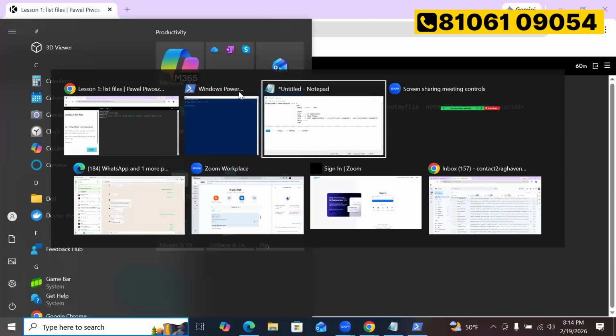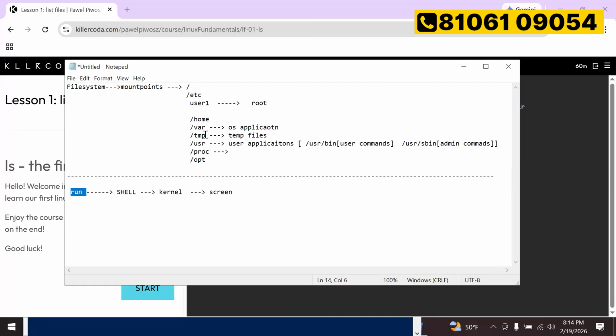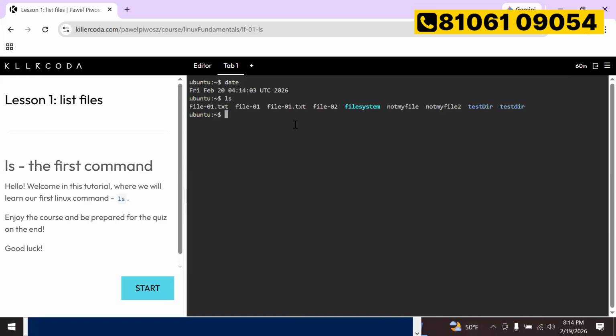To see which directory I am in, we use pwd, the present working directory. I'm in /root. In that /root, these are all the different files. The parent directory is /, right? We'll look at that. The ls command helps us list all the files.